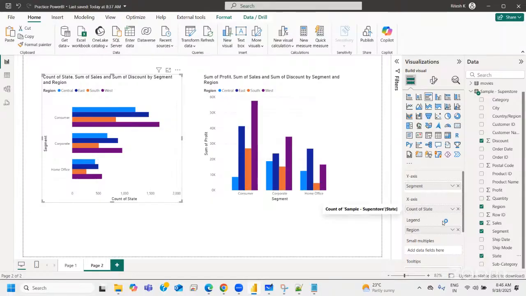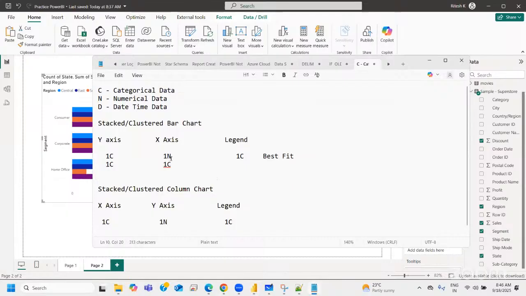So there are certain options also available, but for now, let's understand that for a consumer segment, these many number of states are there. Readability is good. Data is also correct. There is nothing wrong. So I can still take categorical value, but that will be converted into numerical only. And anyways, legend would be categorical. Even this is best fit, but with certain